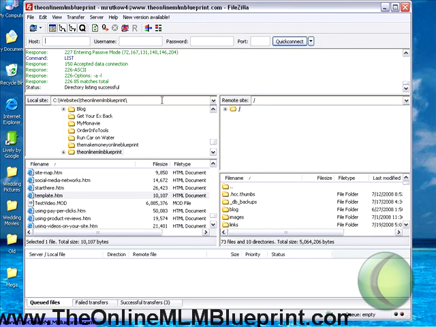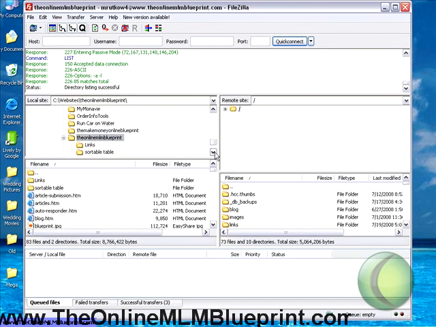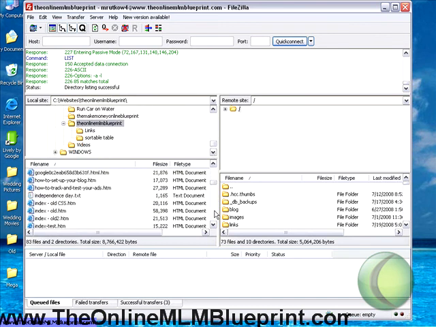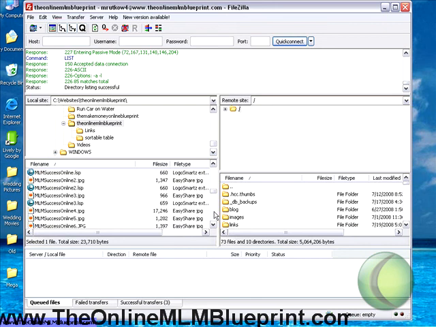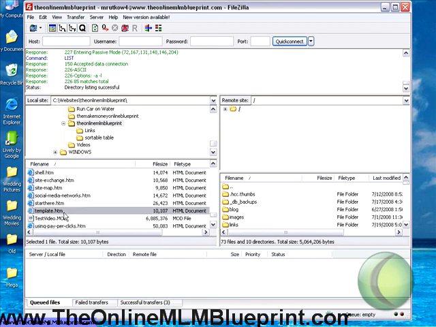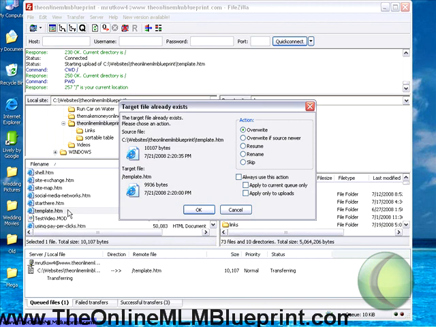So then when you do that, you're connected to the server live, and you'll want to go again into the folder where you're holding your files, like before you saved that template as index.htm. So you'll click on that. In my case, I still have it as template because I have a different home page. So that was that file here, and all you have to do is just double click on it, and it'll